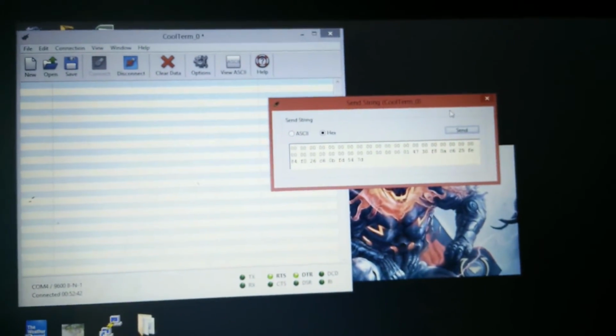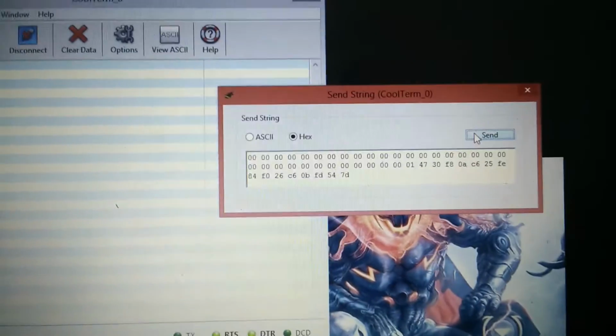So if you see, I have my reset bit on, and then when I switch off my reset bit and the encryption decryption bit is high, I'm gonna send the data over here, and this is the output.